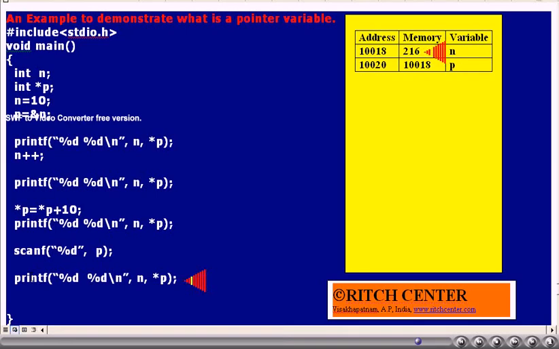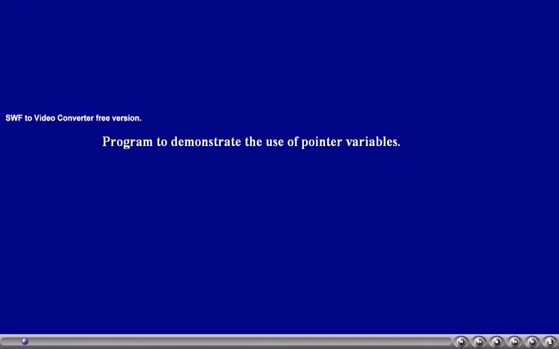When this printf statement is executed, we will get 216 and 216. As of now, we understood what is meant by a pointer variable and what an indirection operator is. From this example, this program is intended to